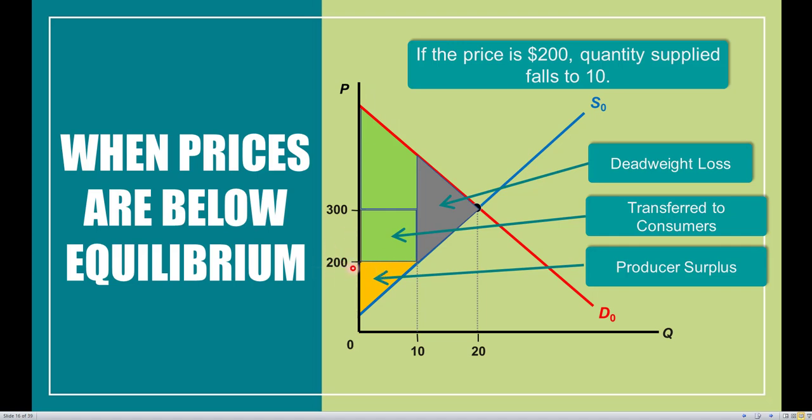Producers, however, are going to lose out. Before, they were selling these goods for $300. Now they're only selling them for $200. So producer surplus is the area above the supply curve, below the price. Here we see the producer surplus, the small triangle, is much less than before. And because we are not in equilibrium, we still have deadweight loss, this inefficiency. Before we were selling 20 units, now we're only selling 10 units, so we lose out on some efficiency, some welfare, and that is our deadweight loss that we're going to be able to calculate.